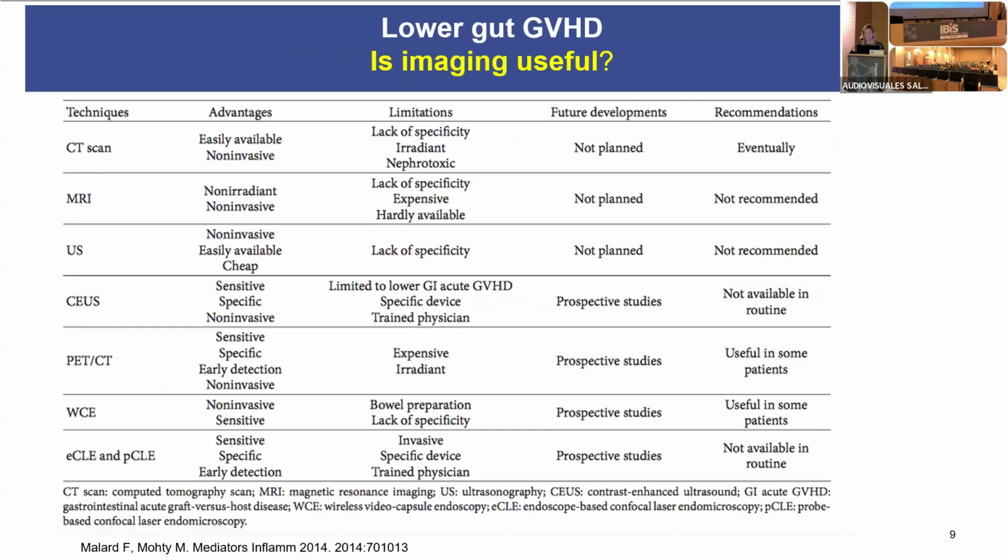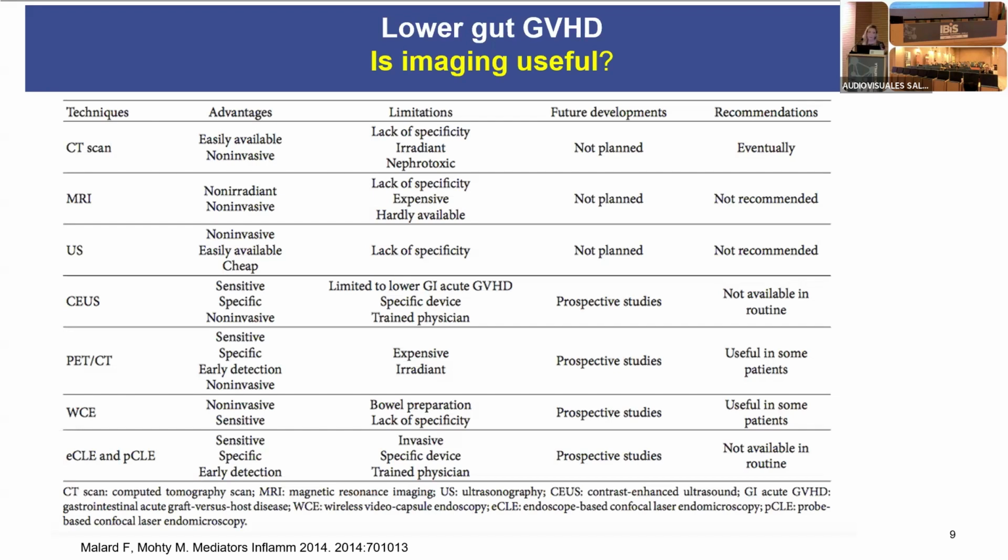So can we do something else besides endoscopy and histology? We know that classical imaging is not useful. CT, MR, ultrasound are actually not recommended because they are not specific and sensitive enough. But there are some interesting data which I have found on PET-CT, which of course we do not normally use when diagnosing GvHD, but which actually has a very high sensitivity and specificity, even if we did not expect it, and it can detect GvHD changes early. So this is something to maybe remember,